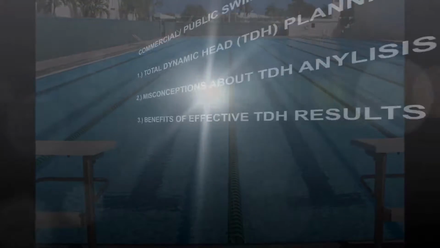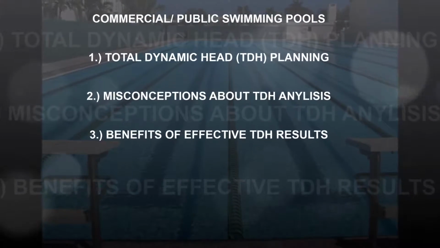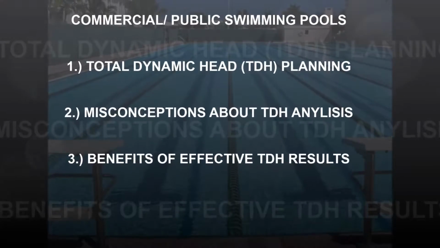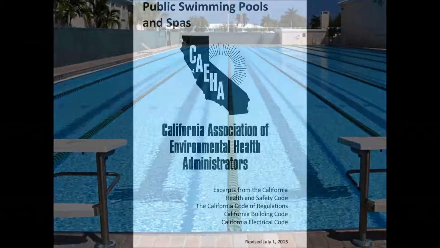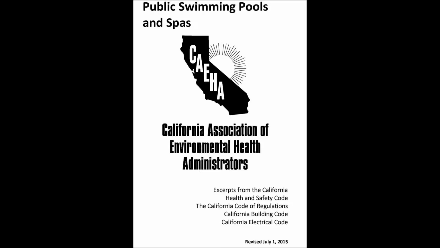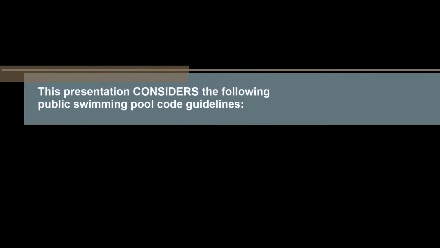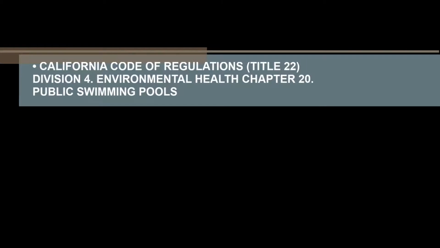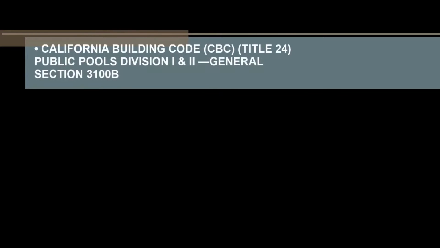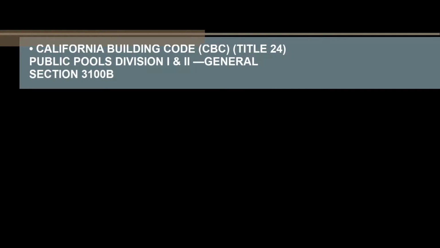This video segment shall explain the process for determining a pumping system's total dynamic head values, or as it is referred to, the TDH calculations. This presentation considers the following Public Swimming Pool Code guidelines: California Code of Regulations, Title 22, Division 4, Environmental Health, Chapter 20, Public Swimming Pools; California Building Code, Title 24, Public Swimming Pools, Division 1 and 2, Section 3100B; and